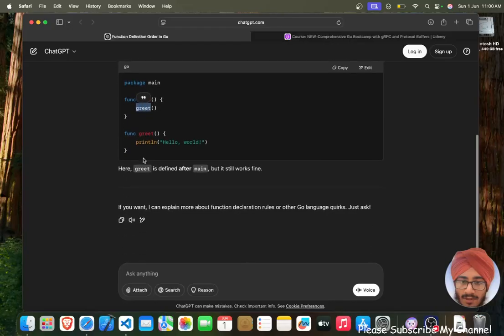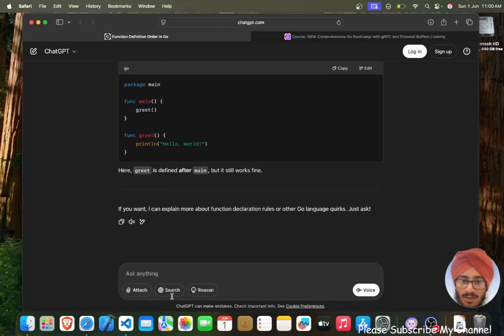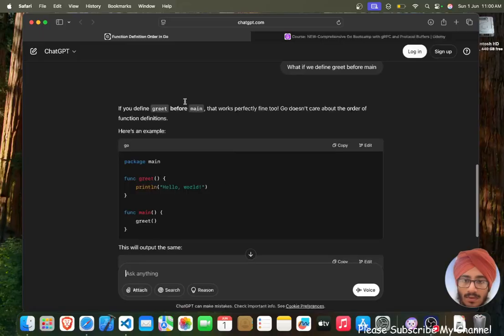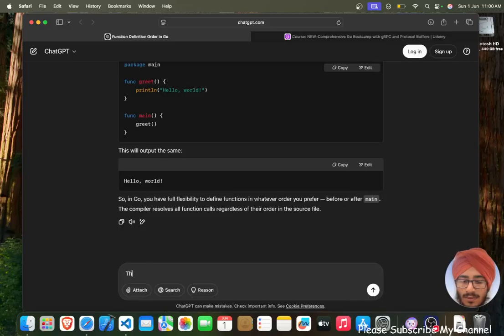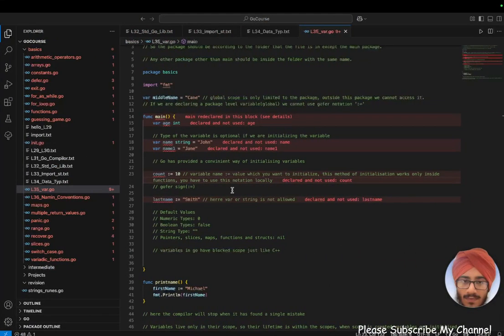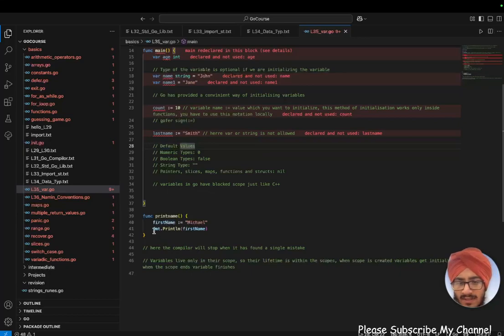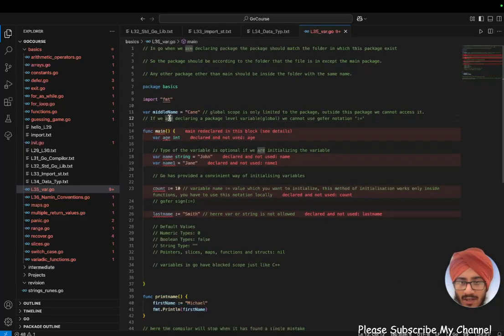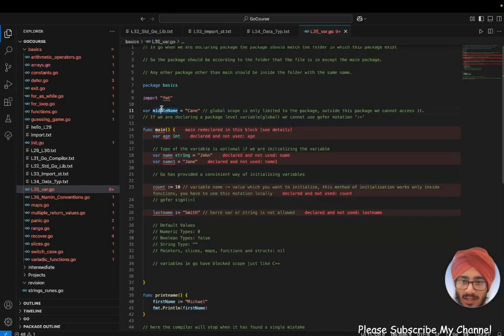Okay, here is the main function. What if we define three before? All right. So it doesn't matter whether you define functions here or here, but the variables which are declared here,